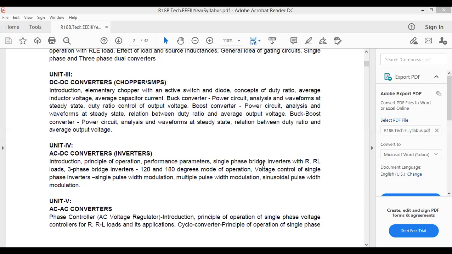So one more simple point I'm telling. Sir, I'm using the inverter, I'm converting DC to AC. But in power electronics, the output AC voltage is not fixed. The output voltage can be variable. Output current can be variable. How is it possible? With the help of the pulse width modulation technique.